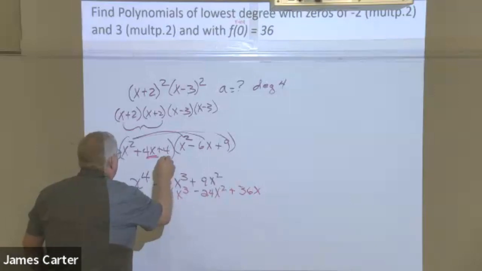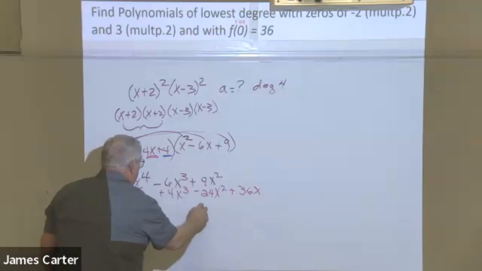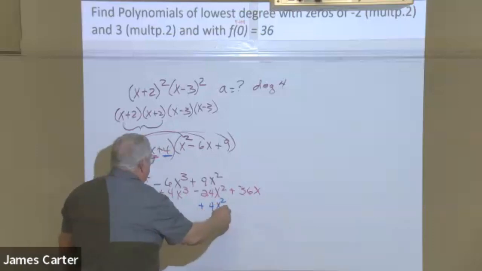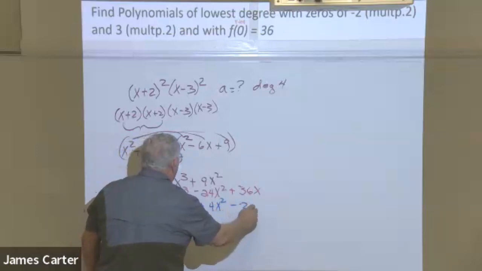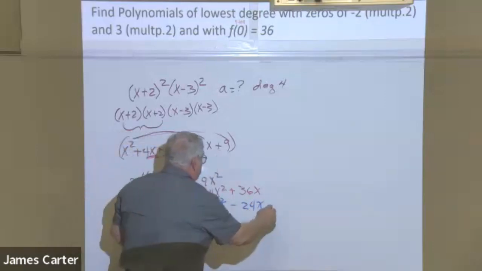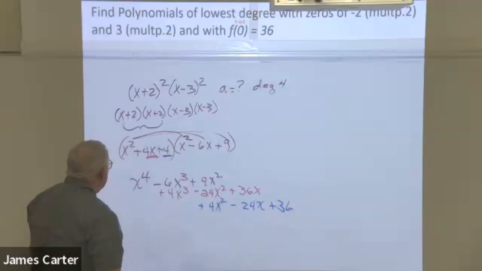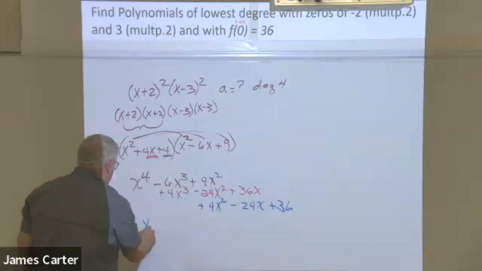And then finally, by this one, we're going to have 4x squared minus 24x plus 36. Okay, so we've got to add all this stuff up, and we get x to the fourth